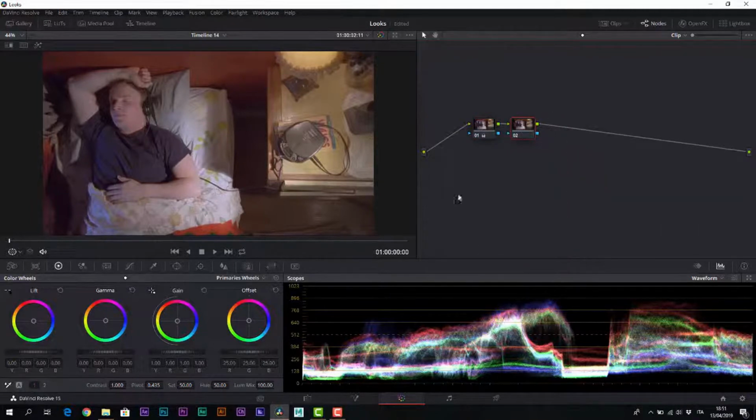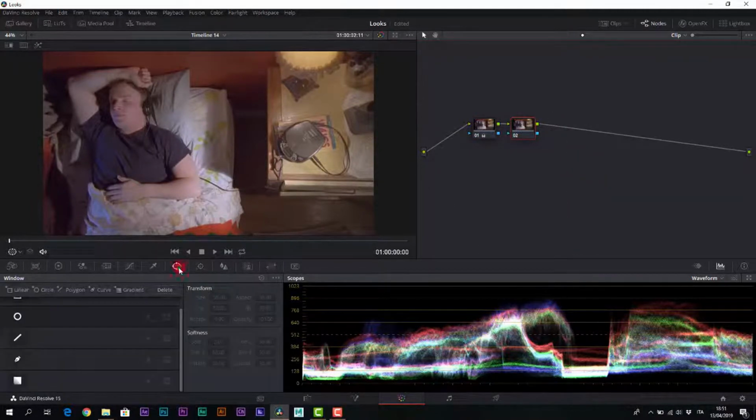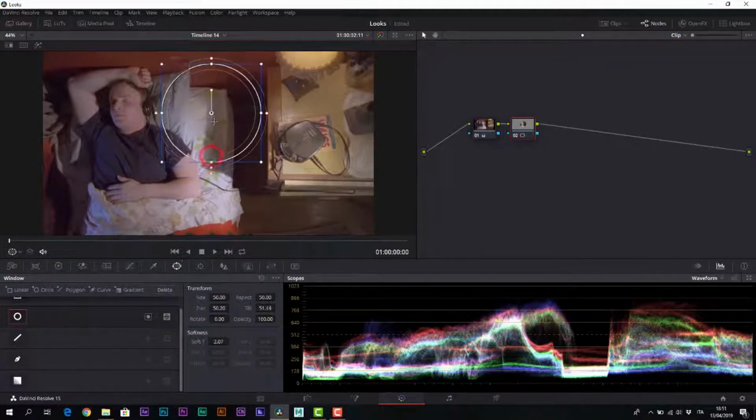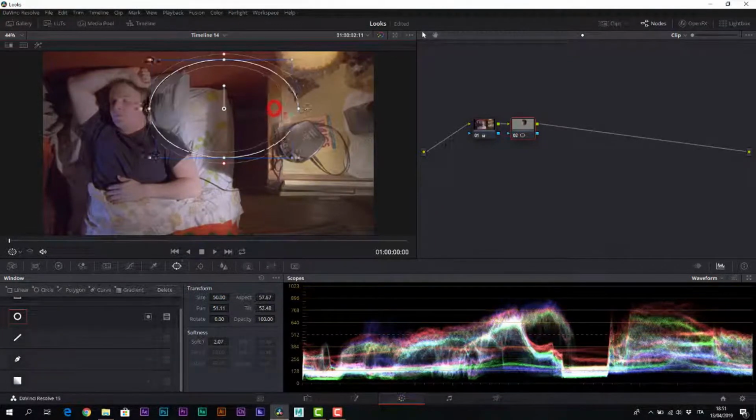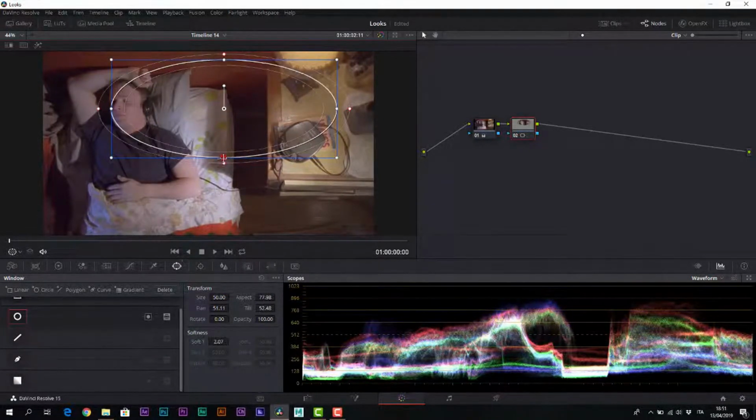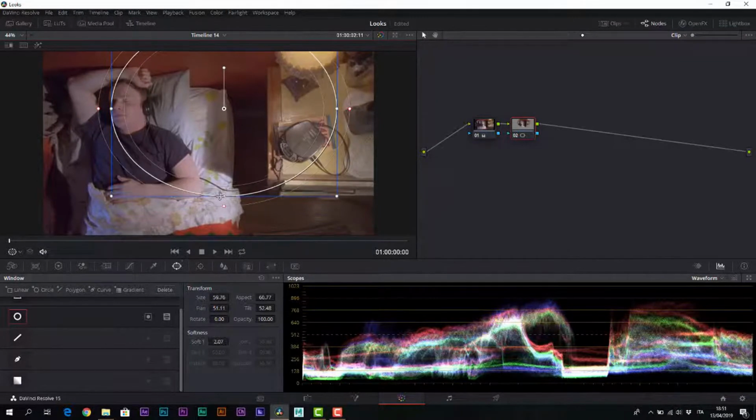So let us add a second serial node. Within this node we create a fairly soft power window that aims to reproduce an illuminated area, with a decent fall-off, which basically corresponds to the area of main interest of the scene, and where we will go to maintain, indeed amplify, the effect of the abat-jour.